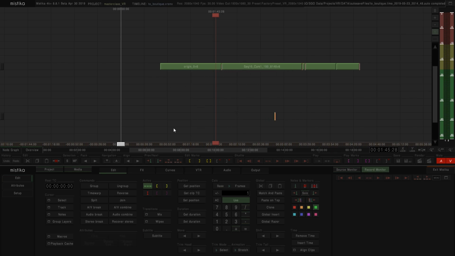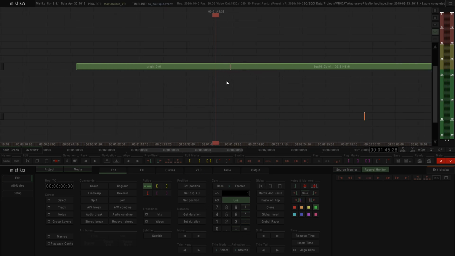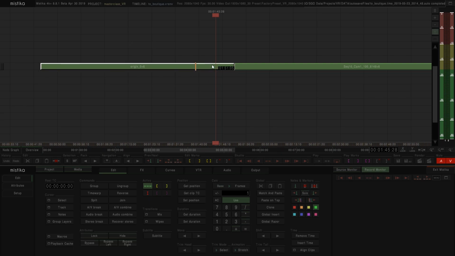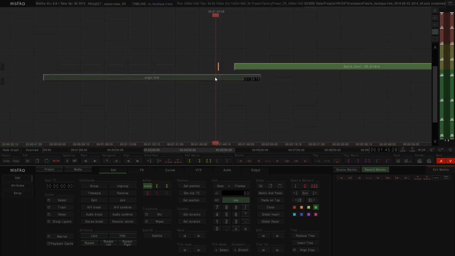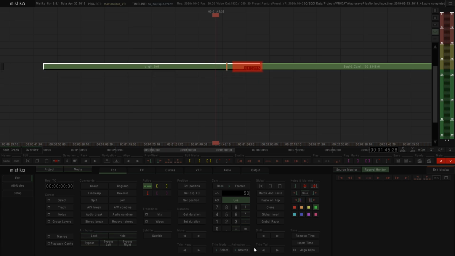For trimming we can use the calculator as well if we need more accurate parameters or adjustments. We can select here, let's say, 50 frames, and I can select the way that this will trim. So for example, in tail, this will only affect the selected clip, and as you can see, now it's creating an overlap over the other clip, because of course we are just trimming this clip over the other one. But if we select